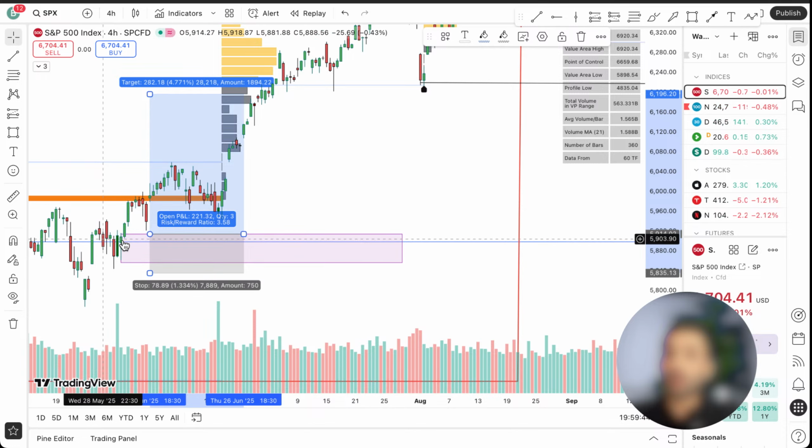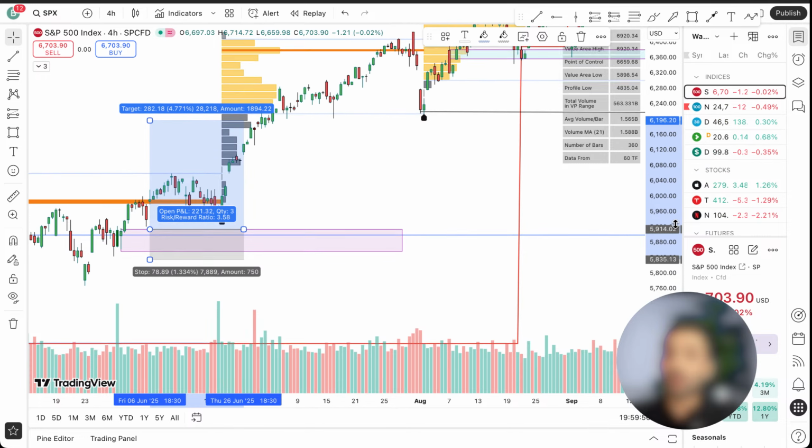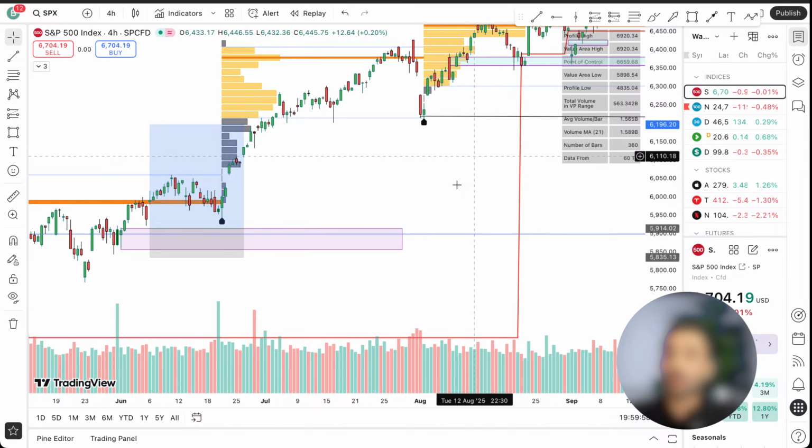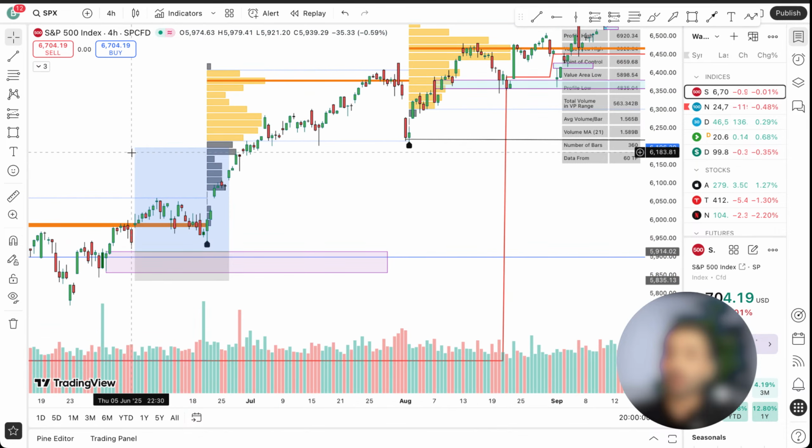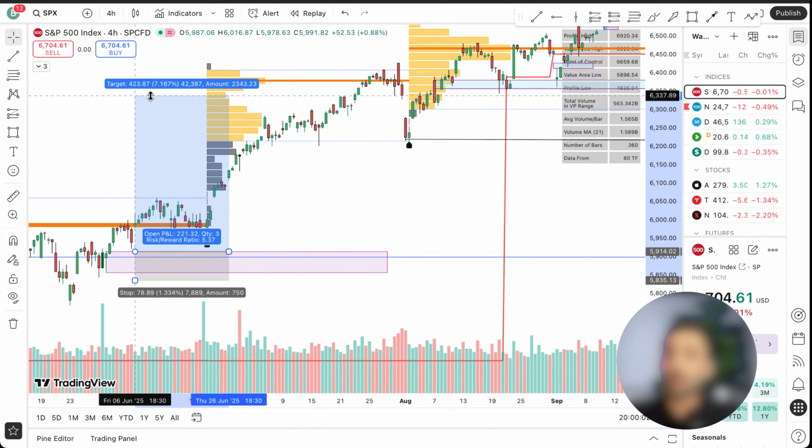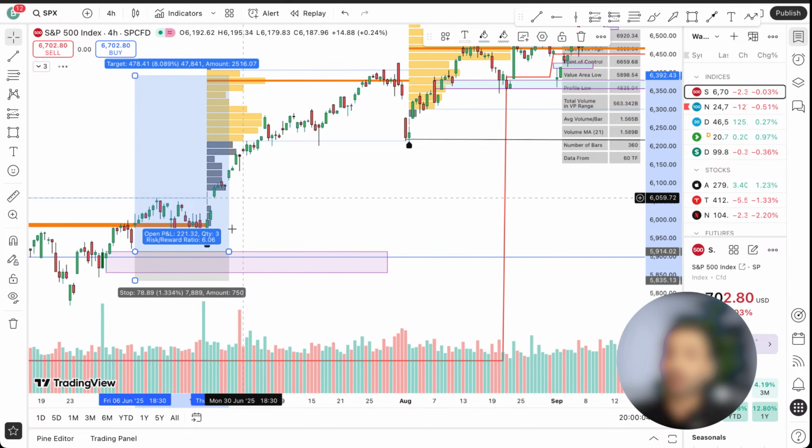So as I said, demand zone, it's the same as supply zone. I have explained it in one of my live streams before. So I'm going to show you another indicator about the breakout. Once you are in a position, let's say I'm going to go here. Let's say this was your position and you took a long position.